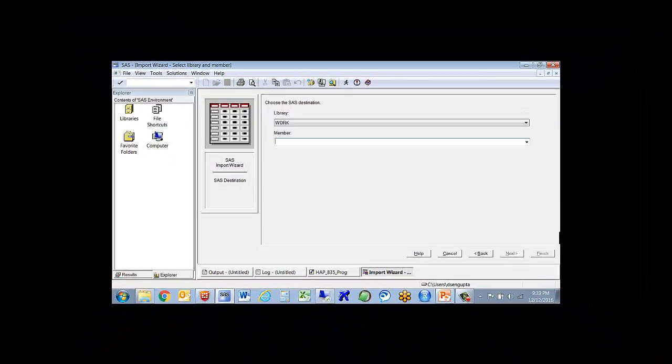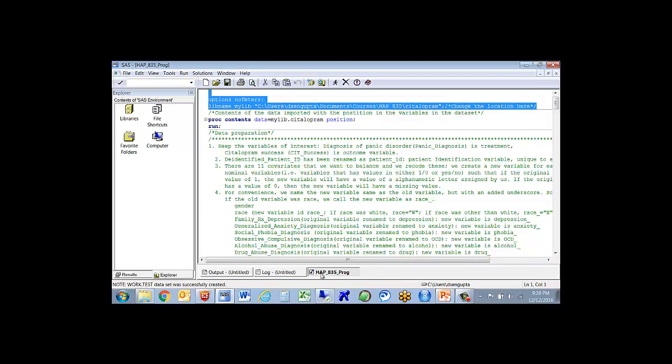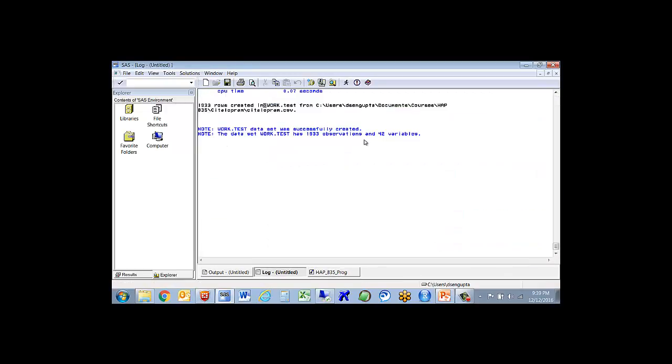I will click next, and it will ask you where you want to store your imported data. I'm going to store my imported data in the work library and name it test dataset, and I'm going to click finish. You can see in the log WORK test dataset was successfully created, and it has 1933